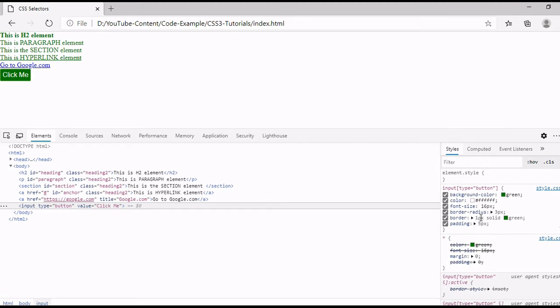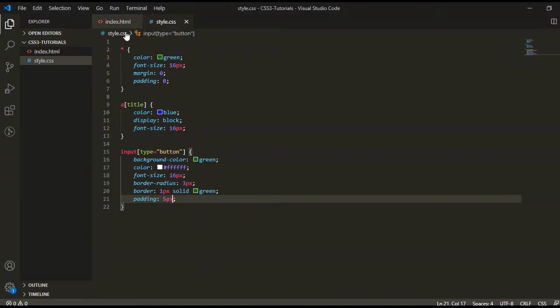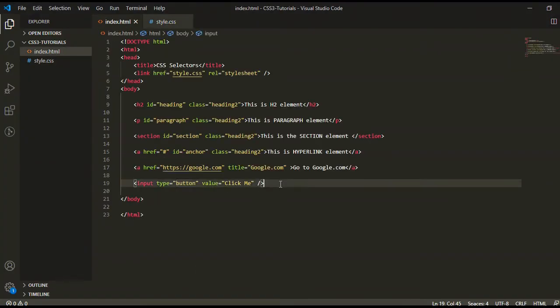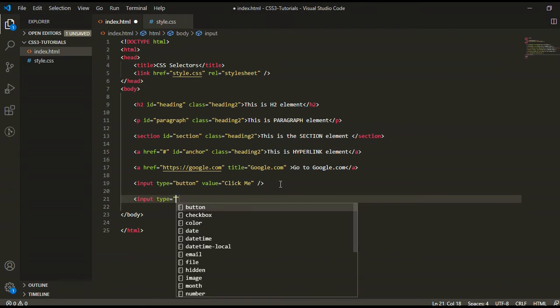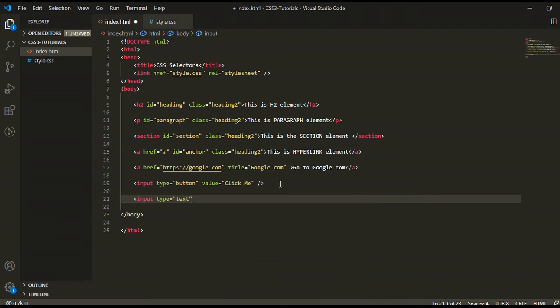So these CSS rules will apply only on the input elements which have the type attribute with the value button, not on other input elements. For example, here I am also giving one more input type, and this time I am giving the input type text and its value empty string.